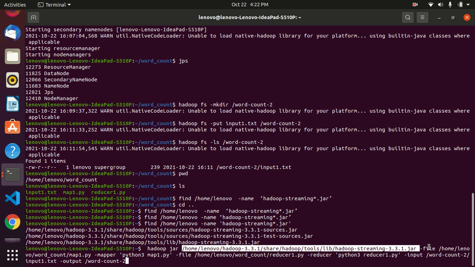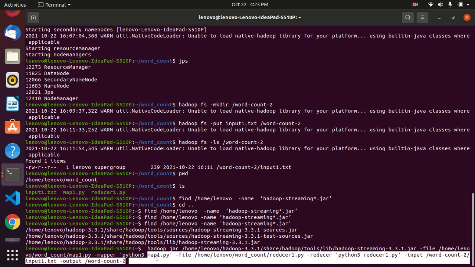And then we need to give our mapper, reducer, input and output file locations. For that, we use -file, and we give the location of our mapper file. Then we give the keyword -mapper, and in single inverted commas we give python3 mapper1.py.